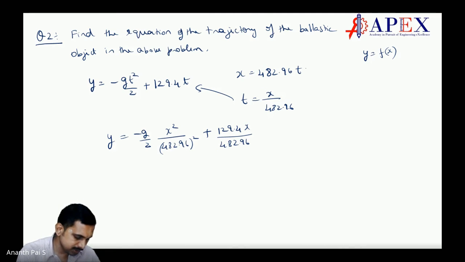Make sense? Things look complicated but are actually easy by using the tool called differential equations. Mathematics is not to make things difficult but to make it easy, correct? So what is 2 into 482.96 squared? So you will get something like, yeah. So 9.81 divided by this. So it is